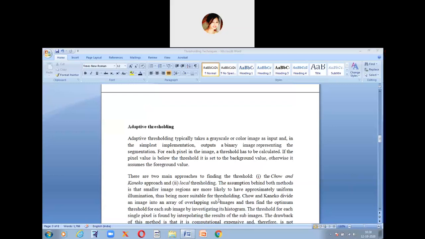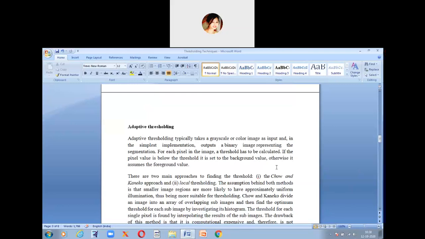So I hope you understood what global thresholding is. Step by step you have to remember: first what thresholding is, then what segmentation is, then what thresholding in image segmentation is and how it applies to image segmentation. Then we talk about the techniques of thresholding in image segmentation: one is global thresholding, one is adaptive or local, and the last is optimum thresholding. Now we talk about the second type, which is adaptive or local thresholding.